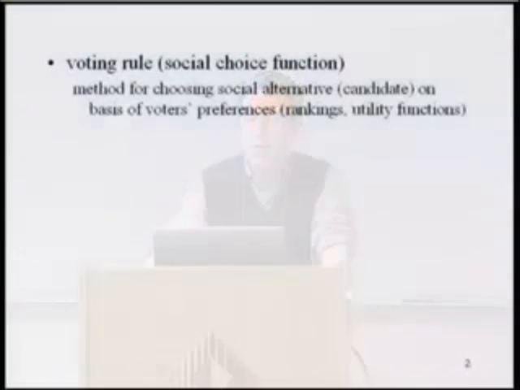by talking about voting methods or voting rules in general. A voting rule is simply a method for making a social choice, or in the context of political election, electing a political candidate to office. And the idea is that social choice should depend on the underlying preferences of the members of society, or the voters in society,